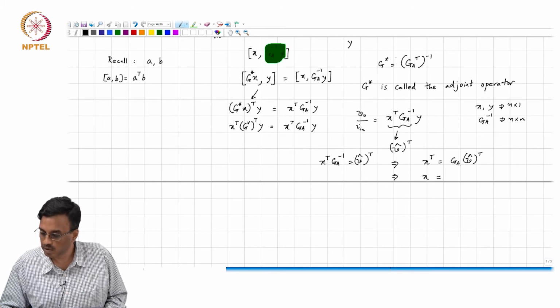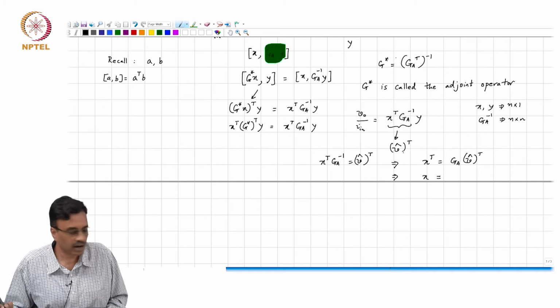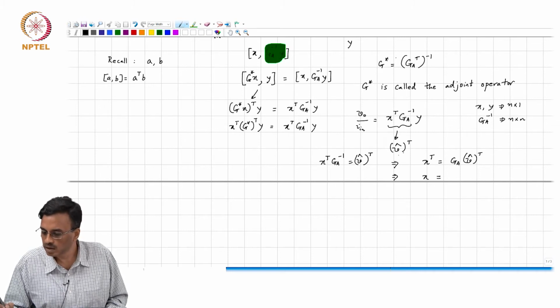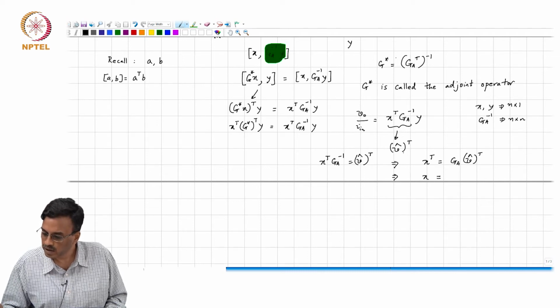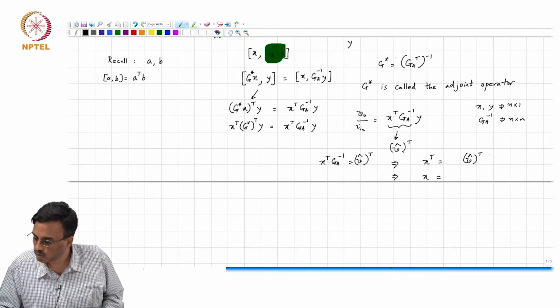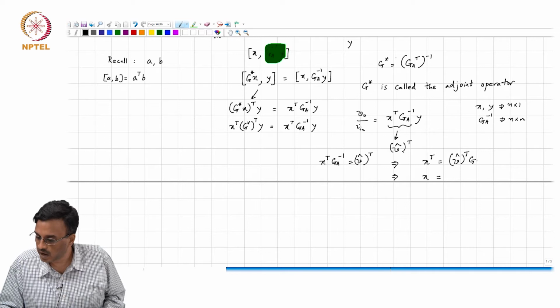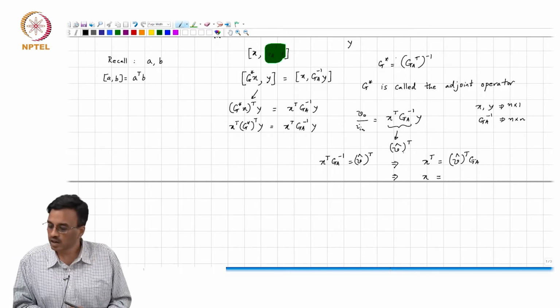Hold on, I think I am at X transpose GA inverse equals V hat transpose. V hat is basically a column vector. So V hat transpose times GA must come on the right hand side,